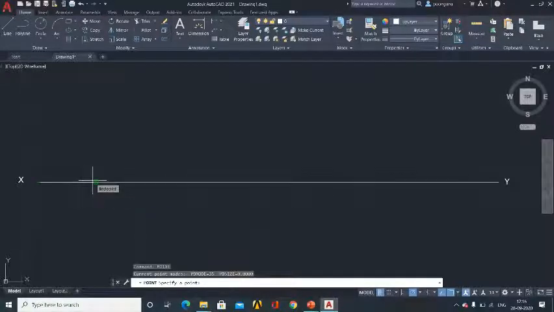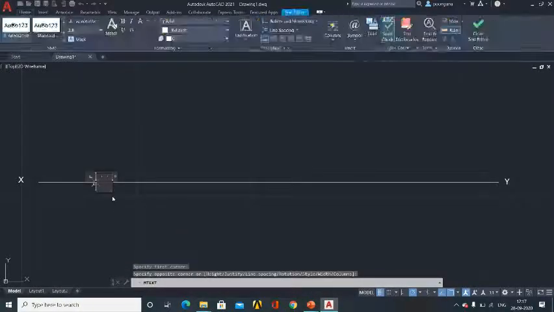So for that I am drawing a 25 mm line. I have selected one point. This point is nothing but the front view, which is A dash. Again, mention here, draw a text box. So this point is A dash.